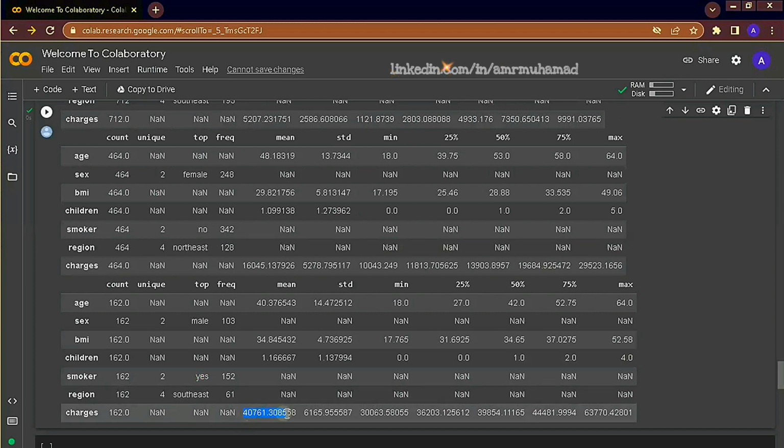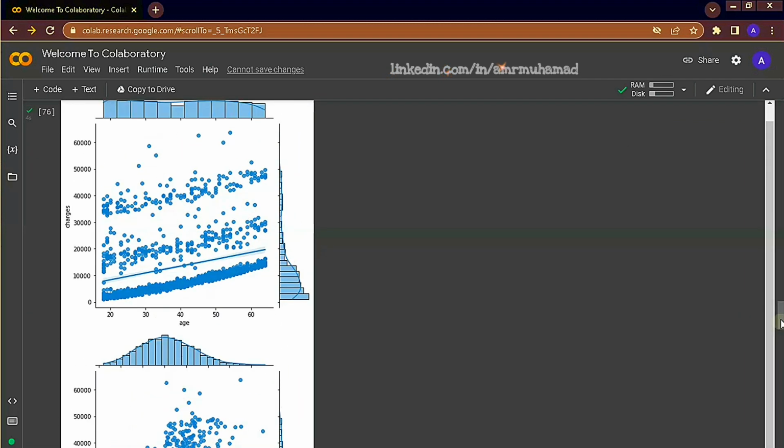And we can see here the range or the distribution of charges among these customers. If we look back at our plot here, we can say that this lower portion are all customers that are non-smoker, and this middle portion are customers of which some are smokers and some are not, and the above portion of the plot are almost all smokers. So we can see that smoking tends to affect the charge value significantly.